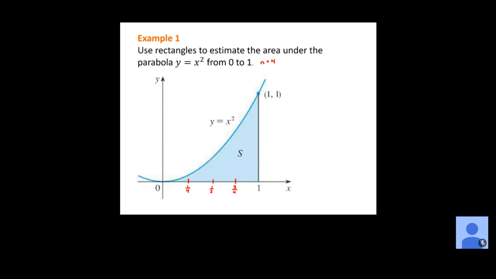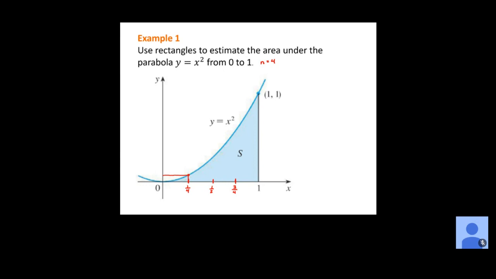All right, now, if we're looking for an area for a rectangle, what do we need to know? How do we calculate area for a rectangle? Length times width, right? So those are the 2 dimensions we need. Well, we know the width of each of these rectangles, right? That's going to be 1/4. So now we just need to find a length. Well, what we're going to do then, I'm going to follow this up to my curve here, and I'm going to draw a rectangle